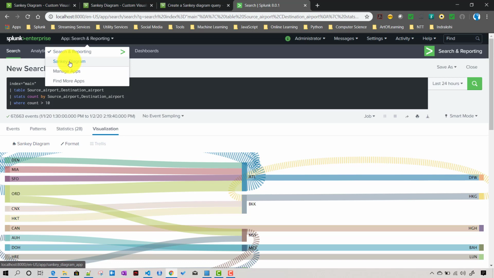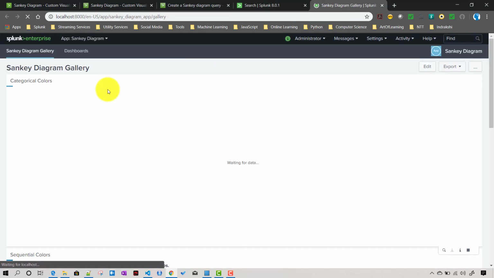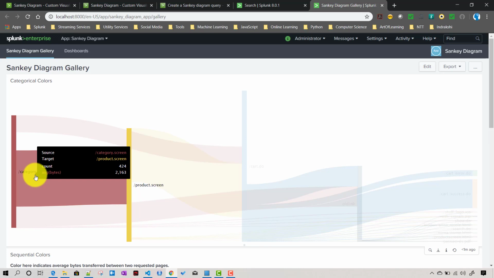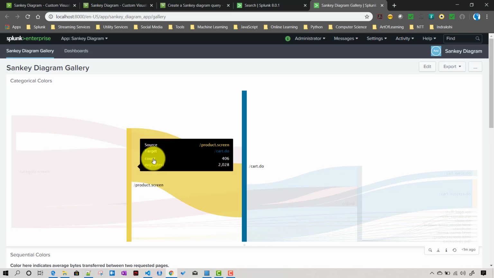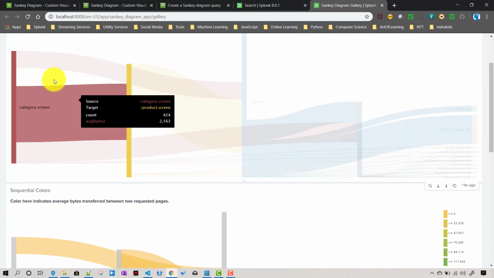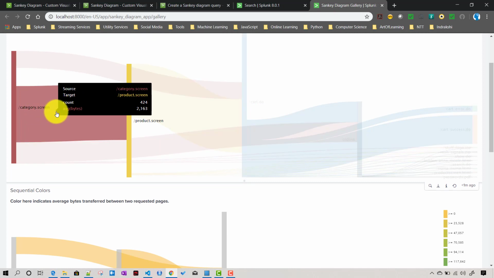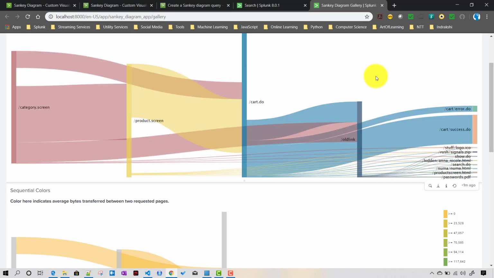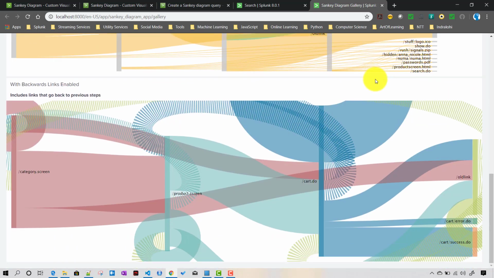When you install Sankey diagram, it will give you the app as well, and inside the app there is a lookup file they created. This is a similar kind of example where from one screen you are going to some other screen, and it will show the number of traffic between these two, the counts and the average bytes used for different pages. Now, if you just go to the last example over here,